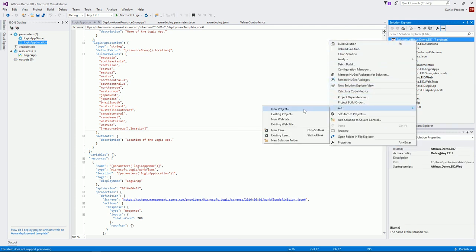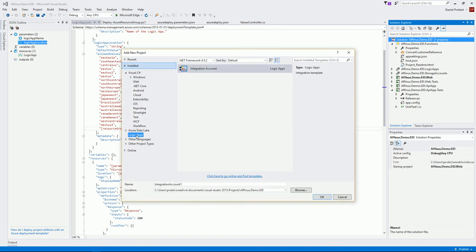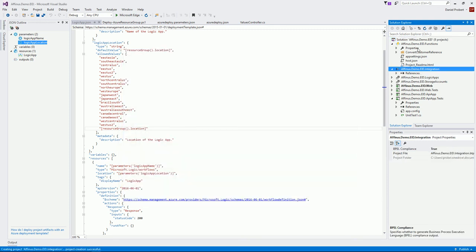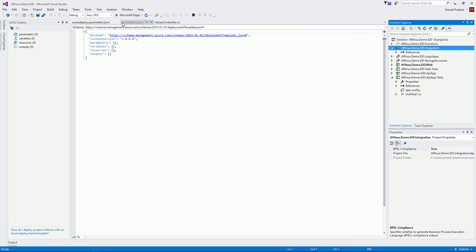So in this case here, we're going to add a new project. We're going to choose Logic Apps, and here it's called Integration Account. And for our purposes, we're going to call this Integration. And it creates a new project type with nothing in it. We have to start adding content into it. But from here, if I close down these other windows so it's more clear,